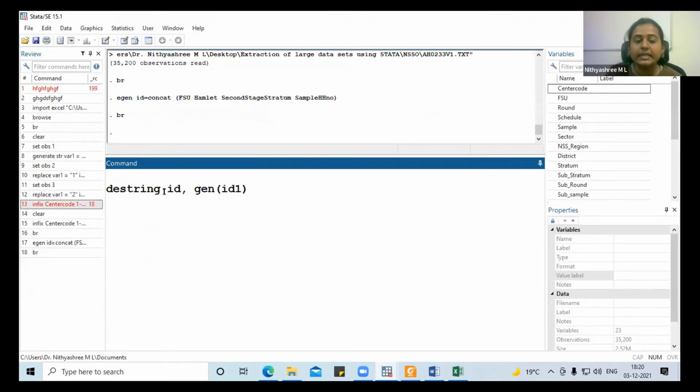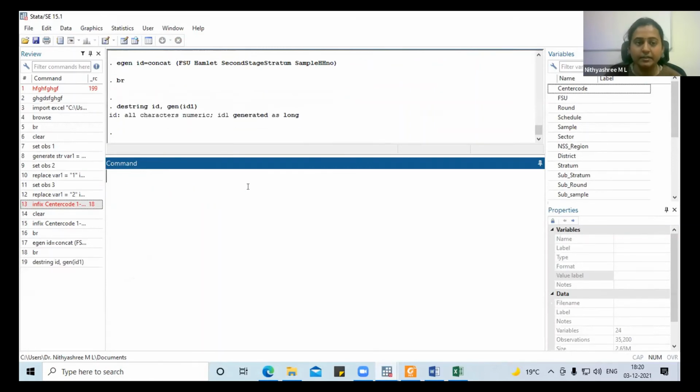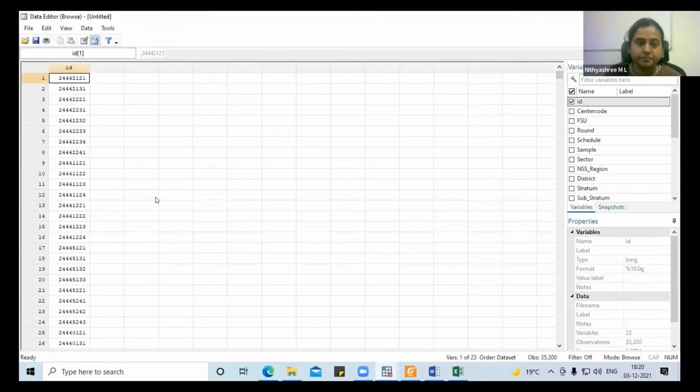What I am writing is destring ID and generate ID1. When you are generating a new variable, you need to give some other name rather than the same name. So you just generate this. So this ID has now been converted into numeric form, right?